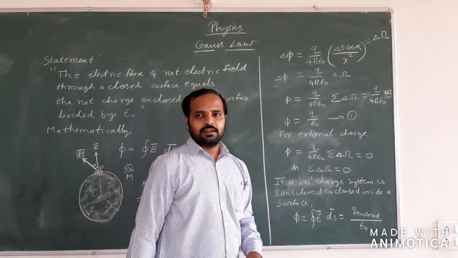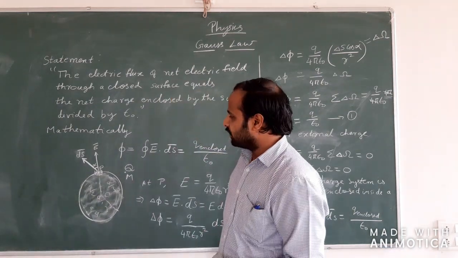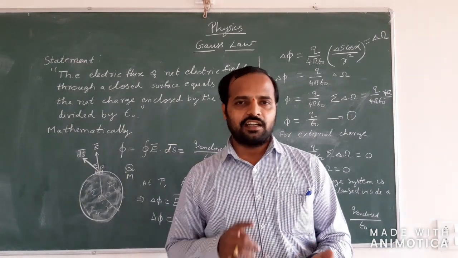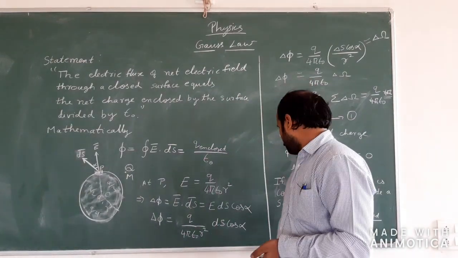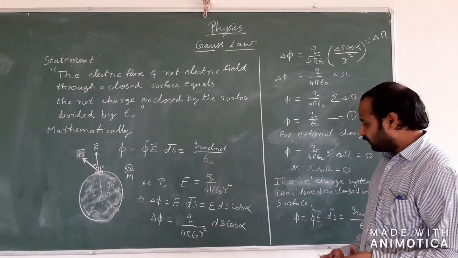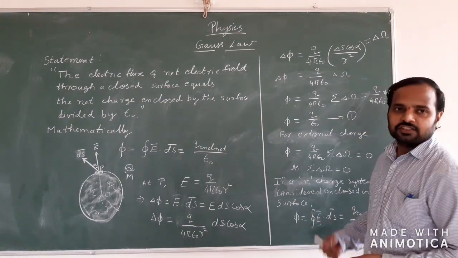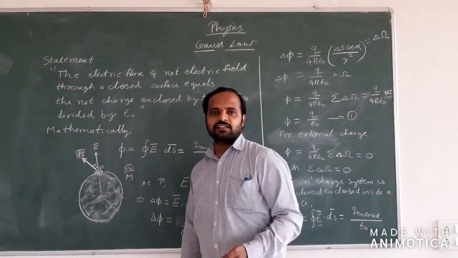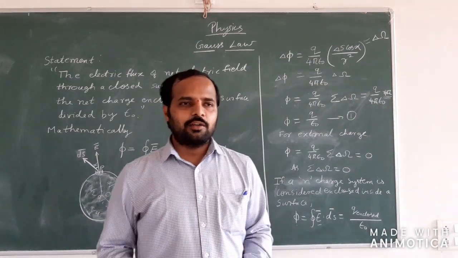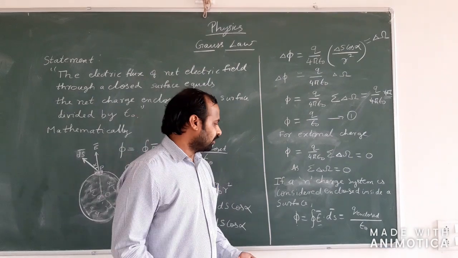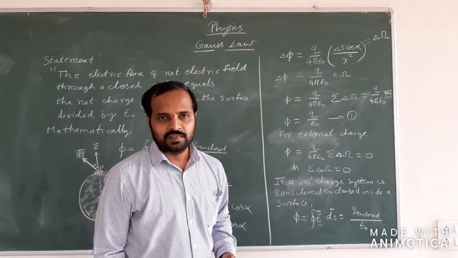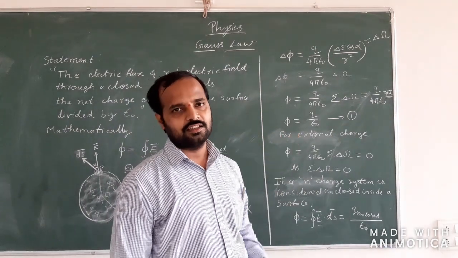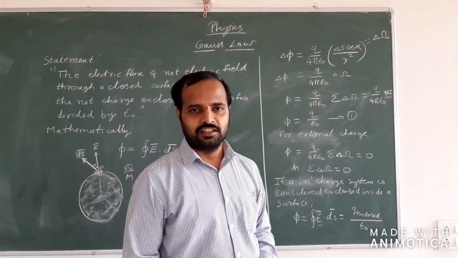Using this and the symmetry conditions of such symmetrical objects, we can easily find the net electric flux. We can also find the electric field if we know the flux and the charges enclosed. So in such cases, the Gauss theorem gives us a very useful and efficient way of calculating the electric field. So this is how the Gauss theorem helps us in the determination of the electric field. Thank you.